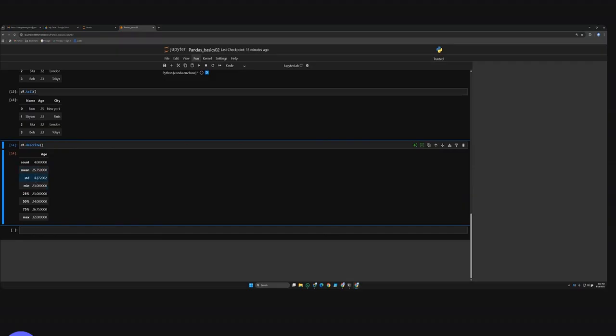What is the standard deviation? 4.27, the difference from the mean, so left side, right side, the deviation is 4.27. What is the minimum value? 23. And what is the max? 32. And what is the 25 percentile? Out of these four data points, which fall under 25 percent? That is 23. And the 50 percentile is 24. The age group of 24 falls under the 50 percentile,